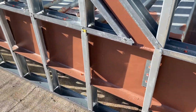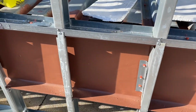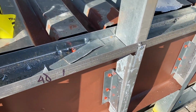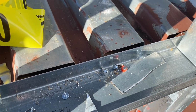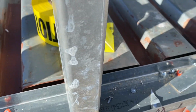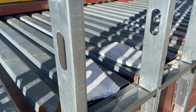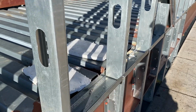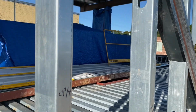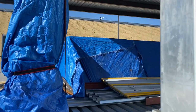Here's how they attach the metal studs. You can see they fold this piece back, they've cut it out, and then they shoot it in with this bracket that they've created. Now, you can see some of the screws and some of the nails here that they shoot in. I made them use 1/2 inch so that the screws would not penetrate through the steel, so that we wouldn't see it on the inside. We're trying to keep a really clean look